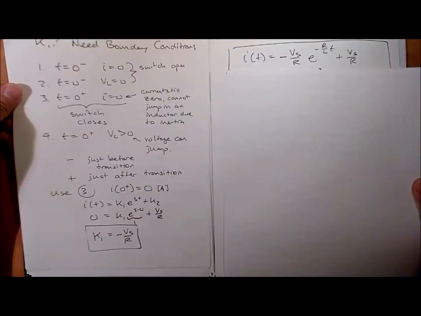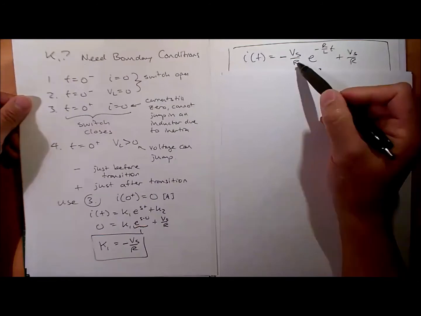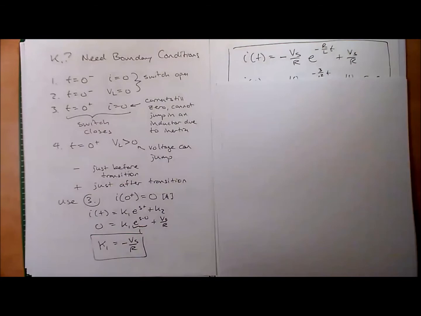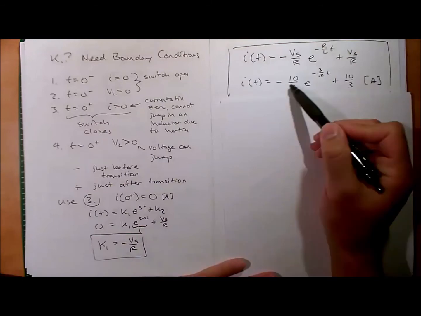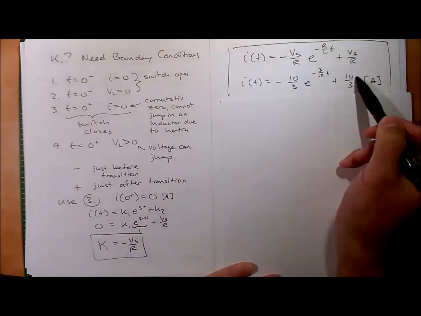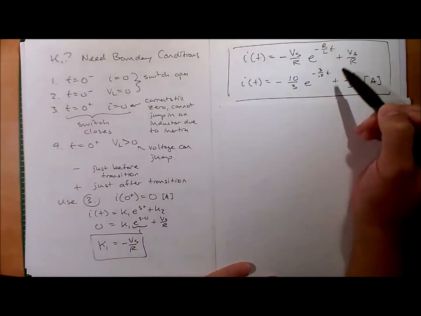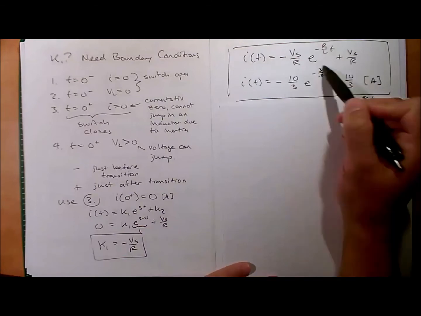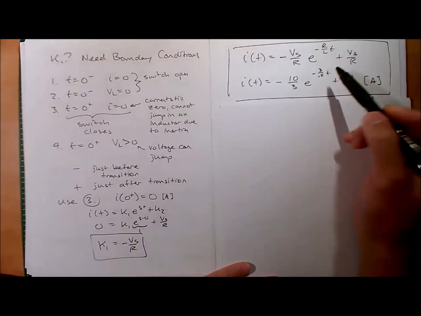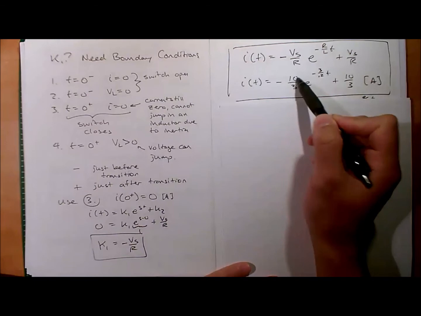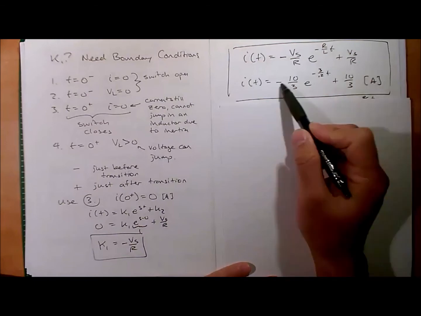So the current is minus Vs over R e to the minus R over L t plus Vs over R. We can punch in the numbers so that we can get a numerical result, but the idea is the same. And we can plot this. Well, what would this look like? We know this is an exponential. It has a negative exponential here. At 0 time, this becomes 1. So you have negative 10 thirds plus 10 thirds. Oh, that's nice. 0 current